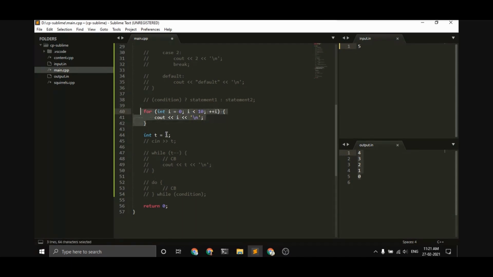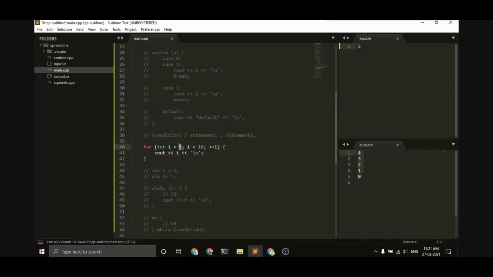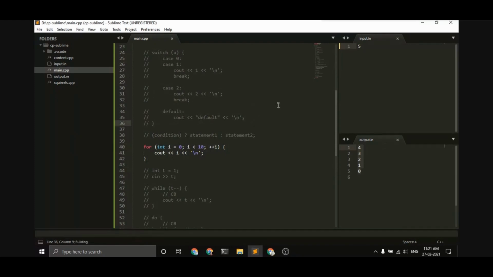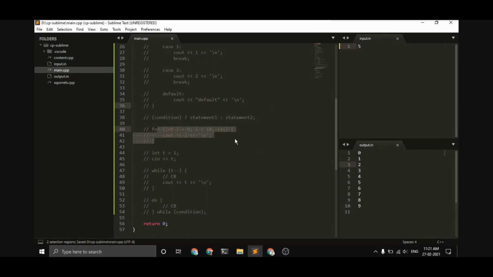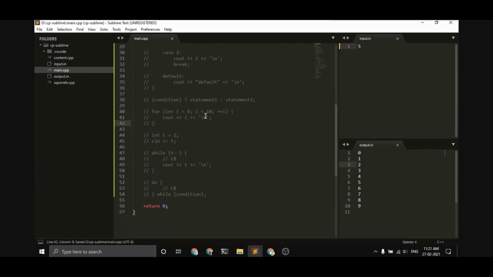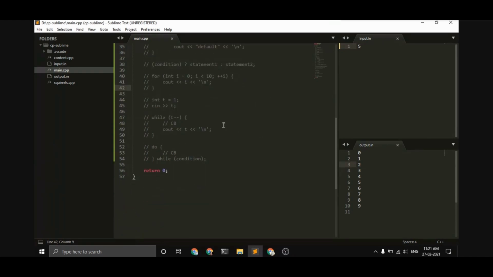So this is an example of a for loop, where we have initialized i as 0, we are comparing i till 10 and incrementing it. So we should get 0 to 9 printed, since i goes from 0 to 9, and then when we compare 10 less than 10, it fails. So this was basically the for loop. We'll use this again in the problem statement, so you'll know there.